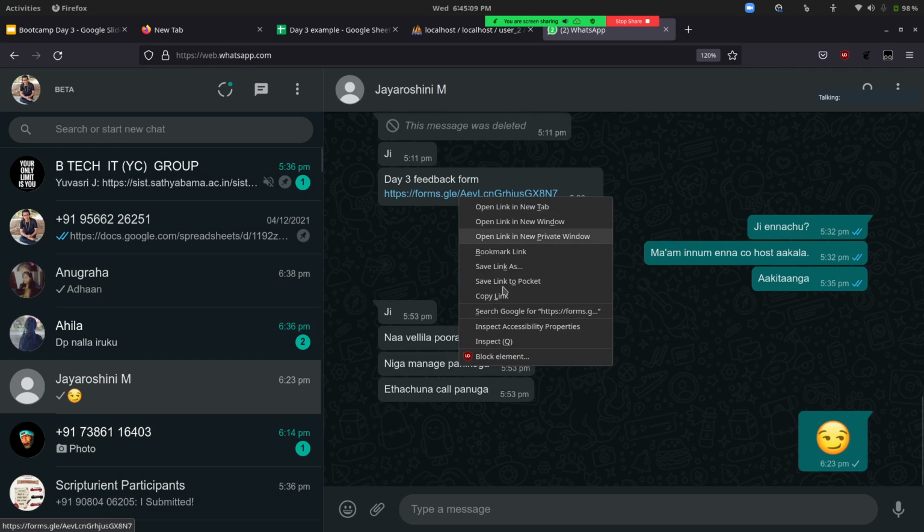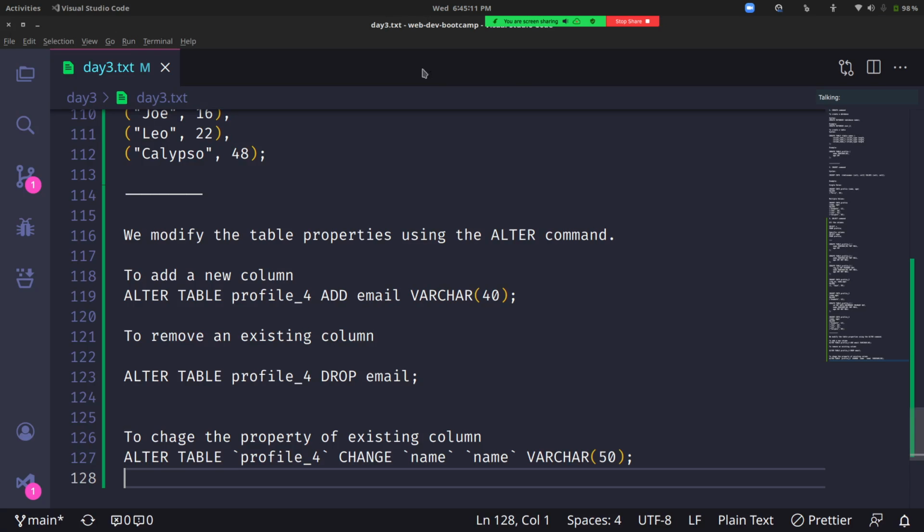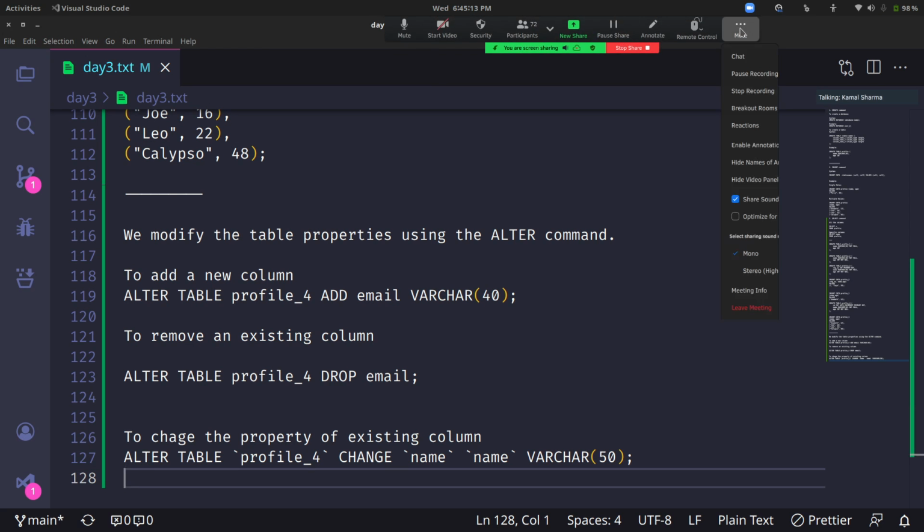Right click, copy address, and that's the chat box.